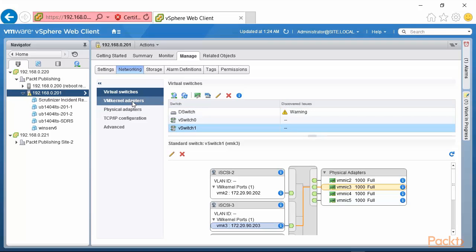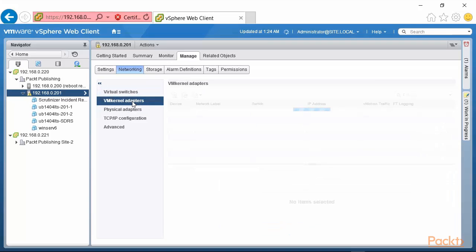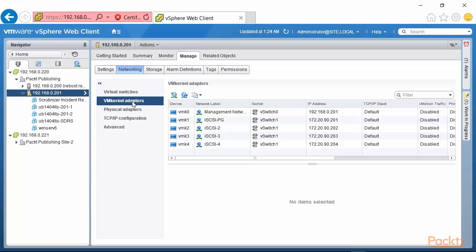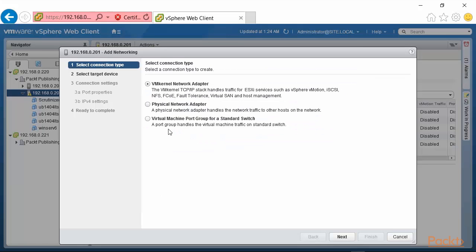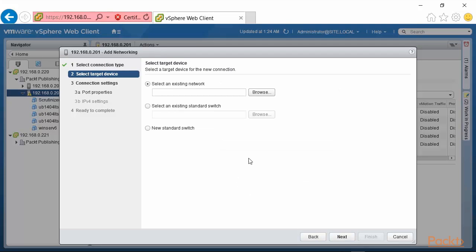The process of creating the VM kernel adapters you are all familiar with. This is an advanced course, so I'm making that assumption. You basically add your host networking, VM kernel adapter, you hit next, all right, and I'm using a